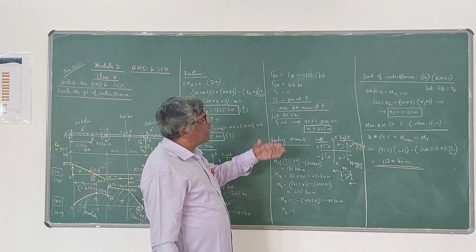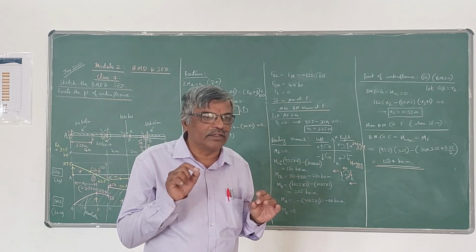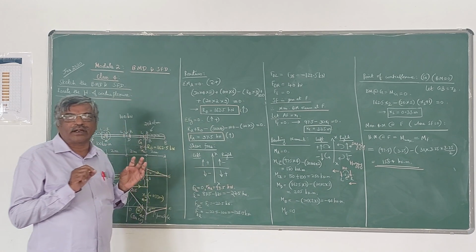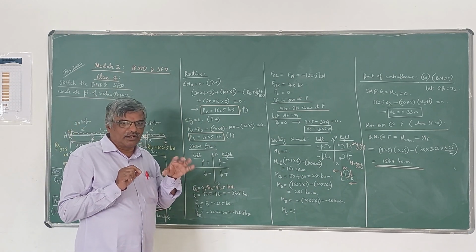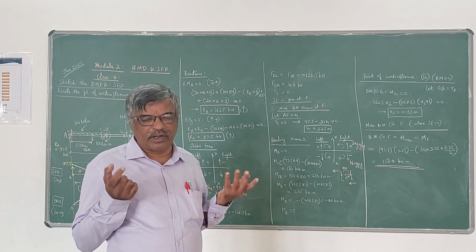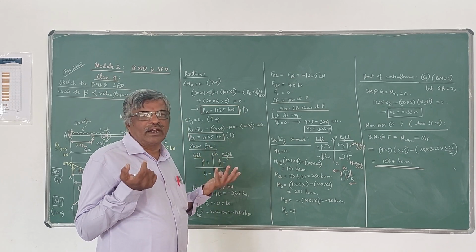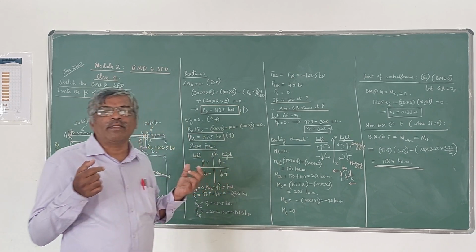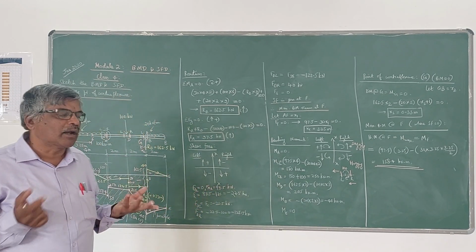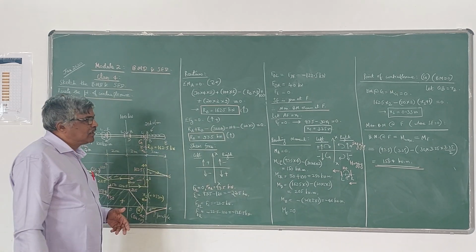After that, you have to draw the diagrams by knowing the profiles. So we know that for UDL, the bending moment diagram is a parabola, whereas the shear force diagram is a linearly decreasing line. For concentrated load, both are straight lines. Bending moment diagram is also a straight line, and the shear force diagram is also a straight line. For UVL, triangular load, the bending moment diagram is a cubic parabola, and the shear force diagram is a parabola. All those things I have explained in the earlier video lecture, so you can go through that.